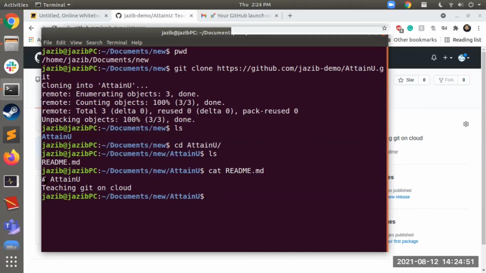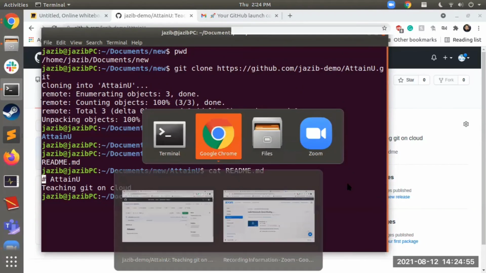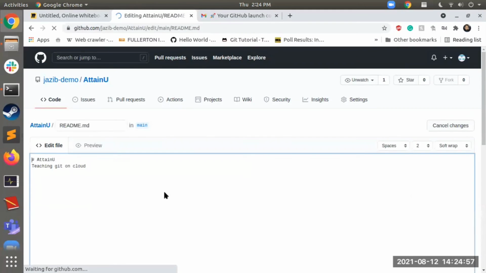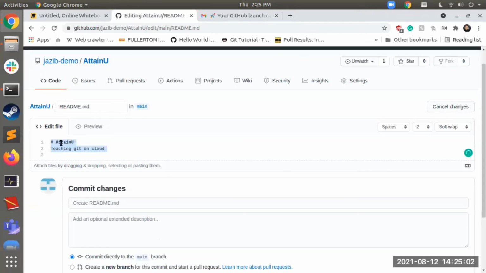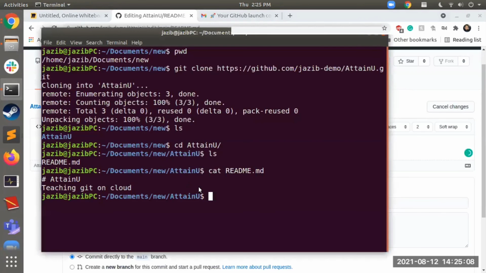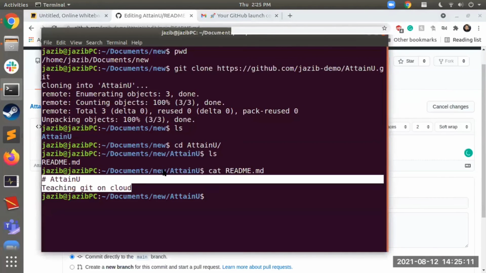The hash symbol actually represents headings. You can cross check over here. If you click on this button, which is for editing the README, you can see the actual content. So if you want to make a heading, you can give a hash. This is exactly what is present on my local computer also. If I cancel it here, everything is up to date.